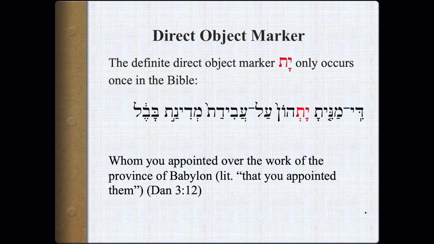Now in Hebrew you see the definite direct object marker et all the time. But there is only one occurrence of the Aramaic equivalent, yat, found in the Bible. And in later Aramaic you find its occurrence far more frequently. But the only occurrence here in biblical Aramaic is in Daniel 3:12. So literally, that you appointed them. The yat is attached to the hon,